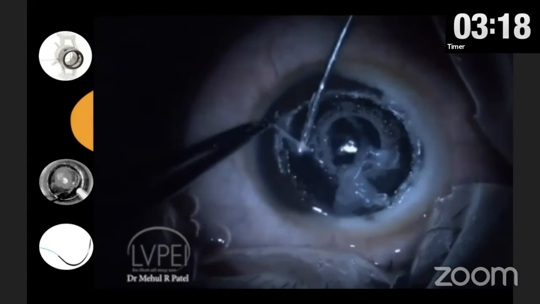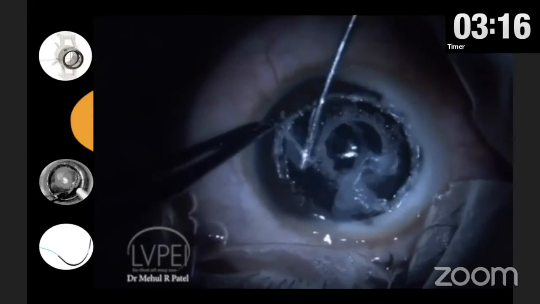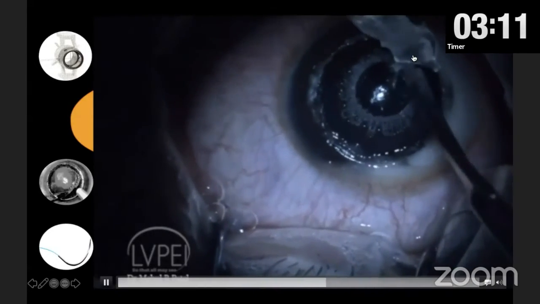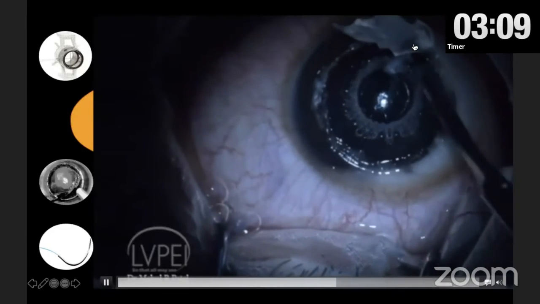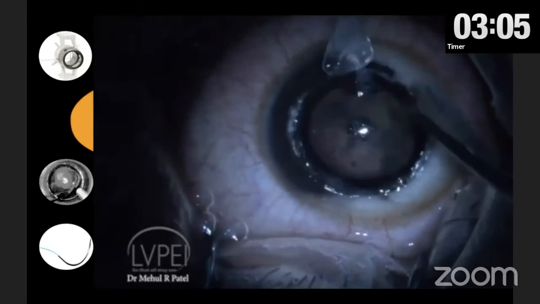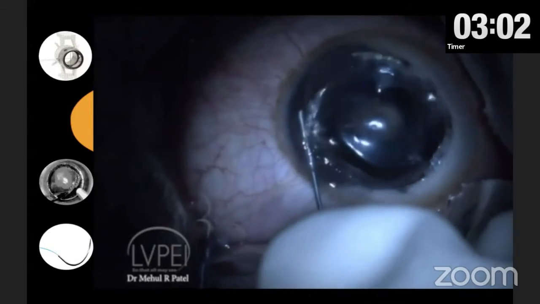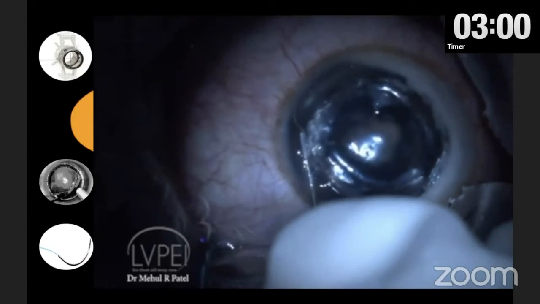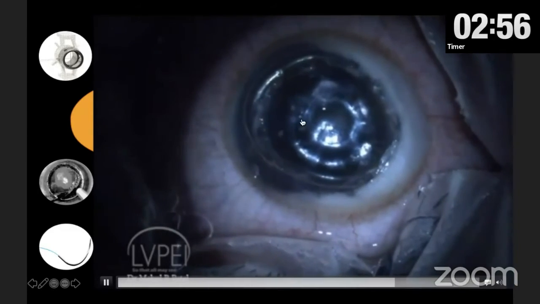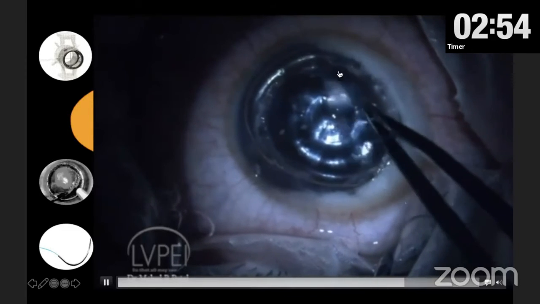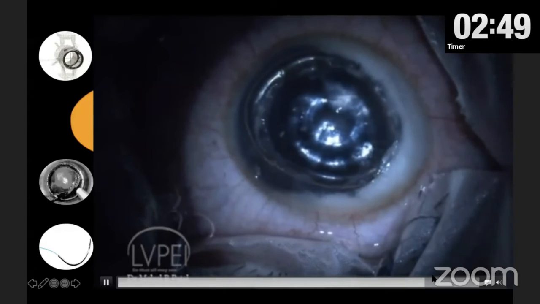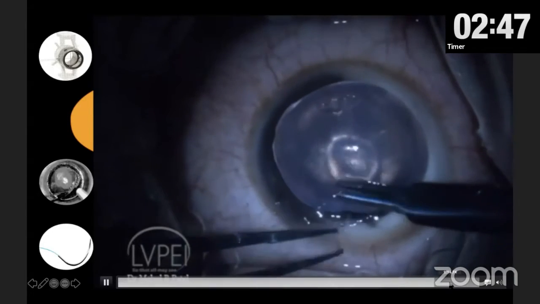During this dissection, as we can see, as the surgeon progresses circumferentially, and the last bit of stroma is being excised, the perforation that was there extends. So the remaining stroma is excised, leaving behind a small bit of residual stroma over here. Air is being injected, and we can see that the bubble is fairly stable with the residual stroma in place. And then the donor stroma is sutured with nylon sutures.